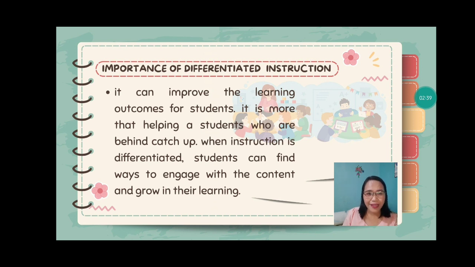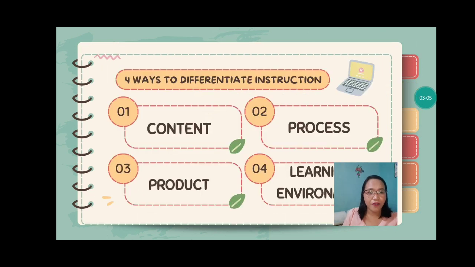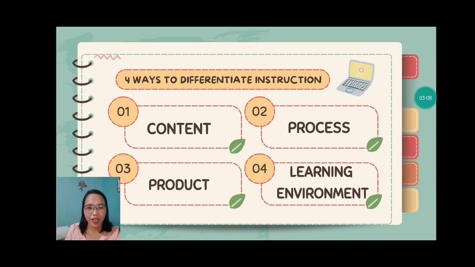So, why is differentiated instruction important? It is important in order to improve the learning outcomes for students. It is more than helping students who are behind catch up. When instruction is differentiated, students can find ways to engage with the content and grow in their learning. So here are 4 ways to differentiate